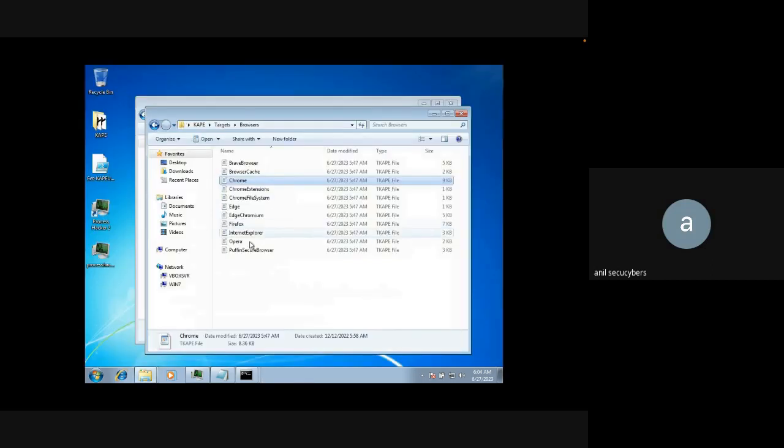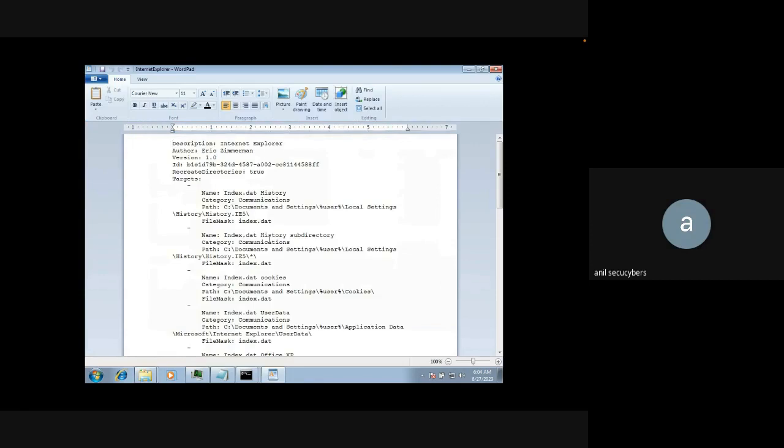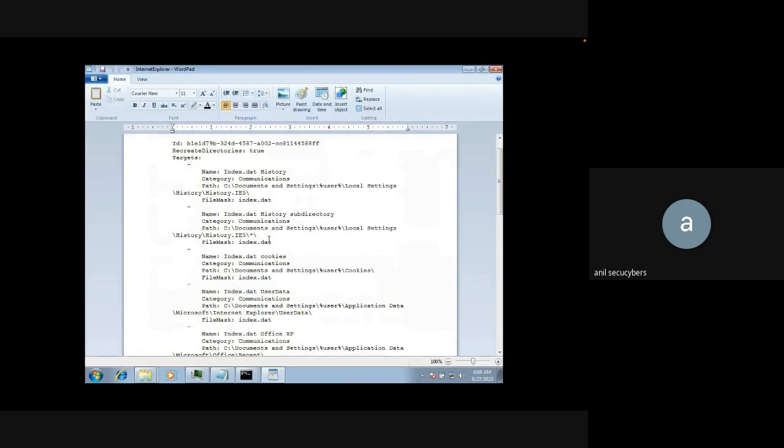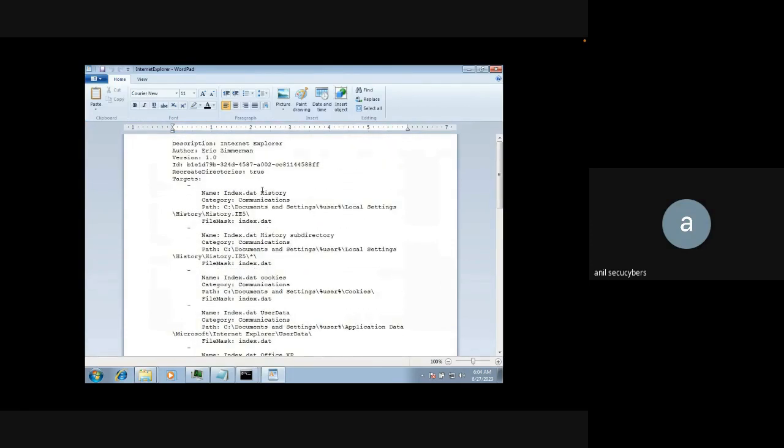Okay. And in a similar manner, let's say for Internet Explorer, if you go and open it with WordPad, it will tell you what all files are there. So let's say, for example, the history. I want to see what all websites that user has visited in the past, for example. So I will go to this folder. Right now, because Internet Explorer is installed on this host, I will go to the, let's say